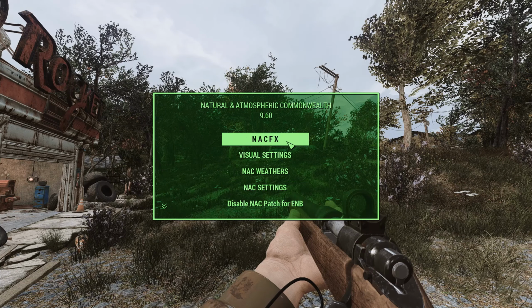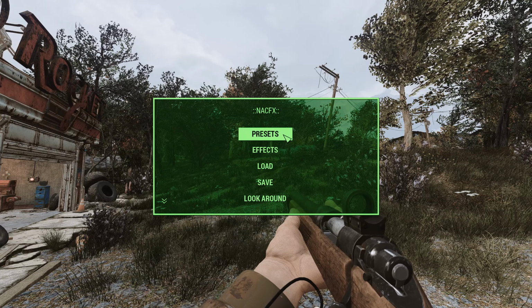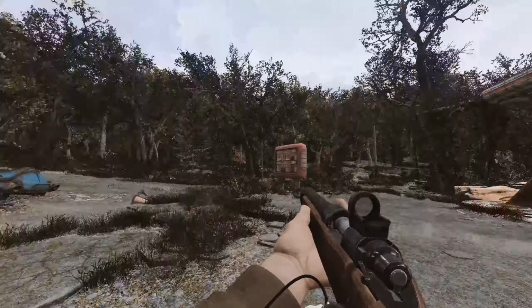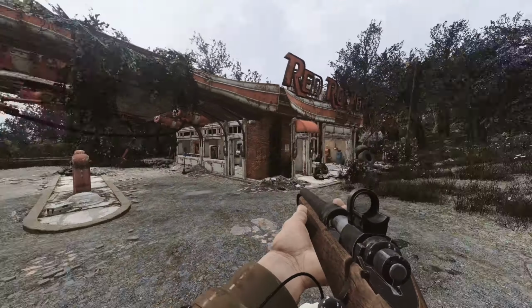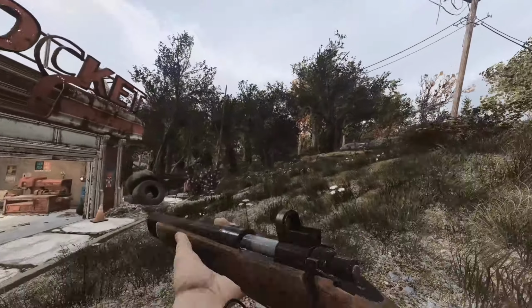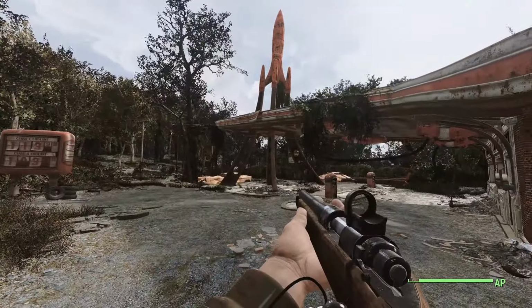That is the NACX Negafix menu. So, like I said before, if you don't like the ENB, you can mess around with the presets and effects to get a little bit of an idea of what you can expect and how to play with it. Also, while I was thinking, a quicker way of resetting your field of view, your FOV, is